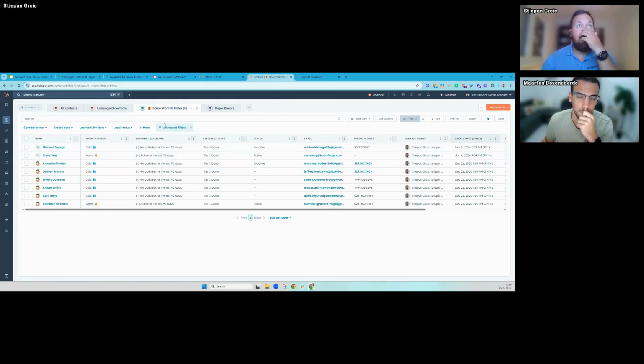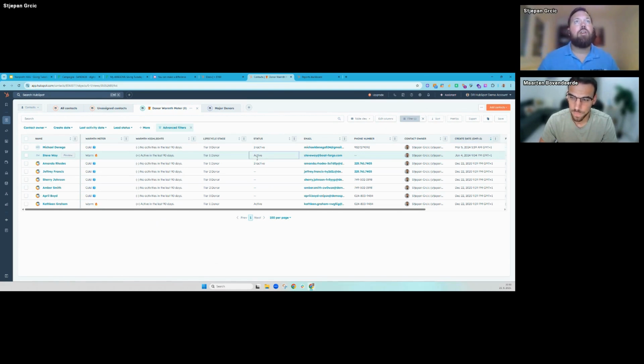We leverage all of this data, even a lifecycle stage or their statuses and their engagement, and we set up something that tells us if they're a cold donor or a warm donor. For example, we see that this Steve has a warm meter here. He was active. He's a tier 1 donor. So maybe somebody needs him,